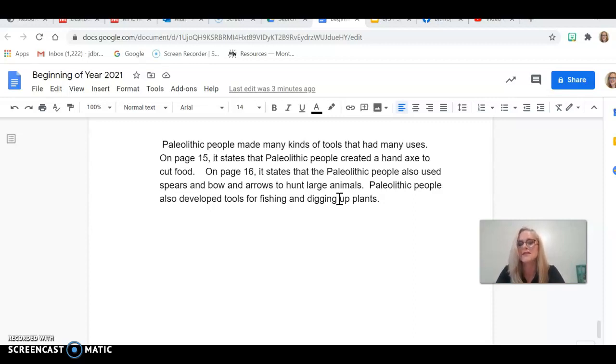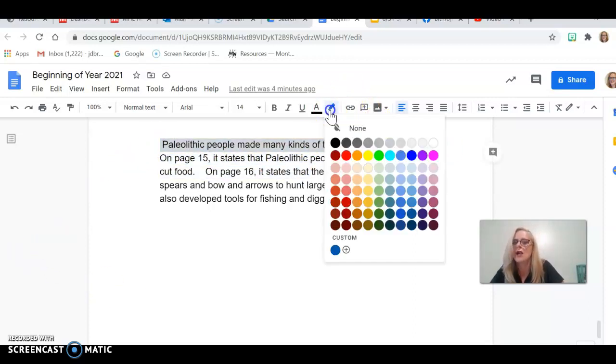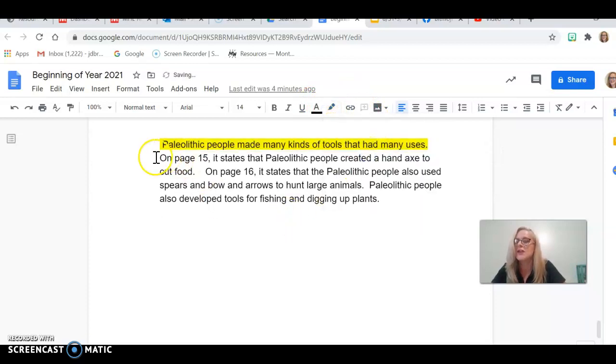Paleolithic people made many kinds of tools that had many uses. On page 15, it states that Paleolithic people created a hand axe to cut food. On page 16, it states that Paleolithic people also used spears and bow and arrows to hunt large animals. Paleolithic people also developed tools for fishing and digging up plants. Now, have we answered the entire question? Well, here in yellow, we have our answer. In green, we have our evidence. So I have multiple pieces of evidence, so I'm good for this. However,